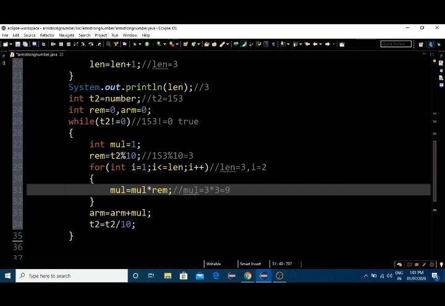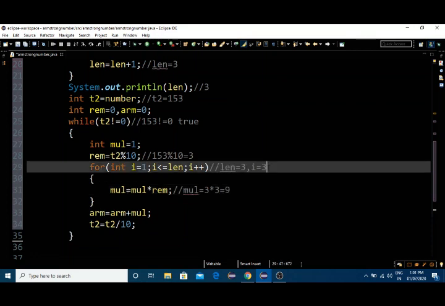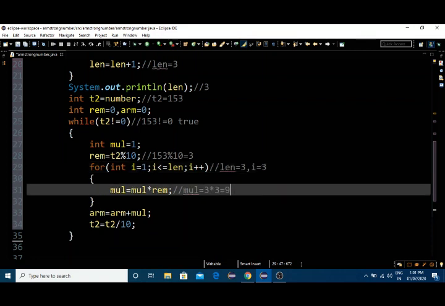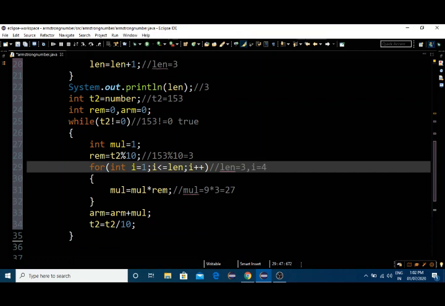Once again we are going here and the i value will be 3. 3 is less than or equal to 3, the condition is true, so we enter the loop. Now the multiply value is 9, so we do 9 into 3 once again, that is 27. Then it goes up, and the i value will become 4, the condition becomes false, so it exits from that loop and comes down here.